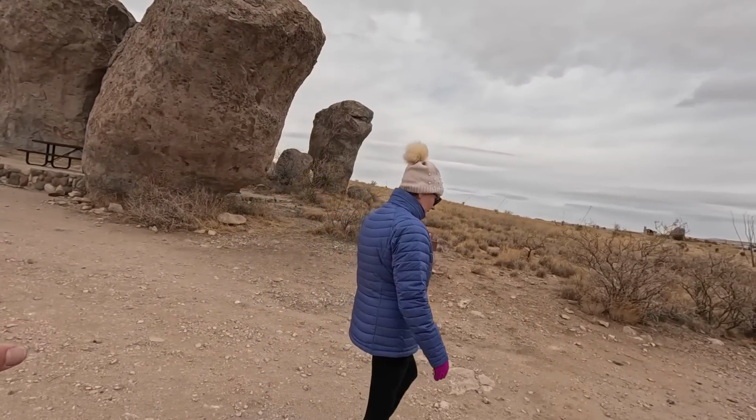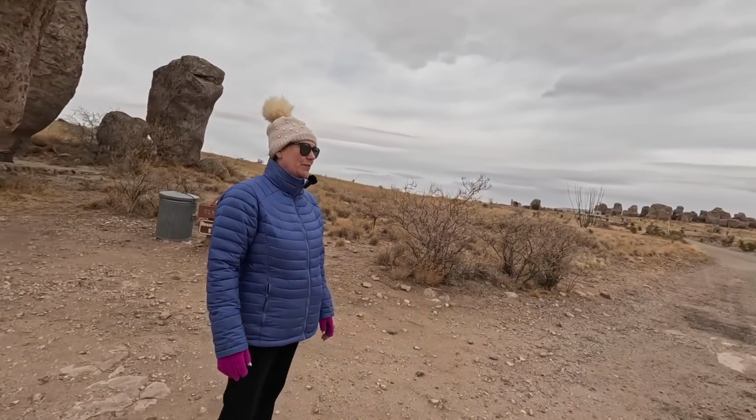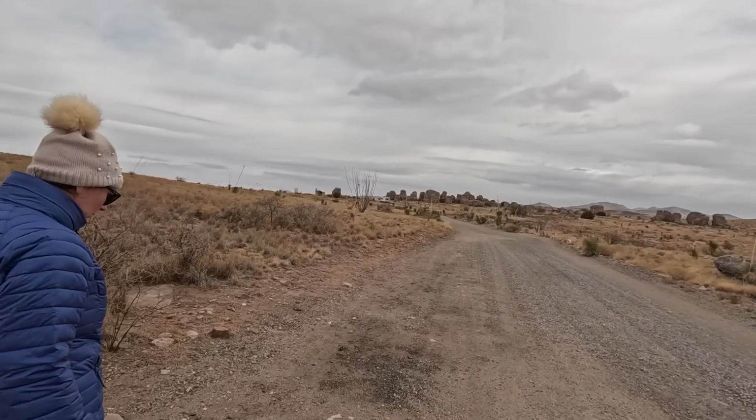So 14. One cool thing about this one too is that you're not next to any other neighbors. So you feel kind of isolated by yourself. All right, so we're going to continue walking up the road, and this is going to take us